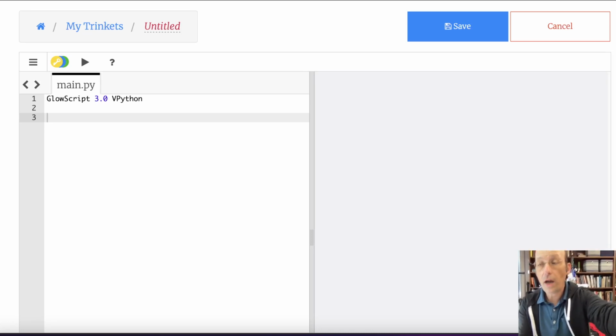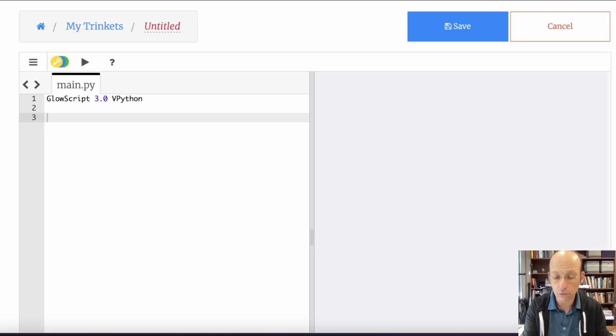So if you haven't done graphing in Python, that's cool. You can follow along. But I use GlowScript VPython because this has a lot of built-in functions, especially easy for graphing. I can share the code with you, and I'll give you the link down below. And finally, the other thing is that you don't have to install anything. It's just running in a web page. I think that's awesome. Okay, so let's just make a graph.